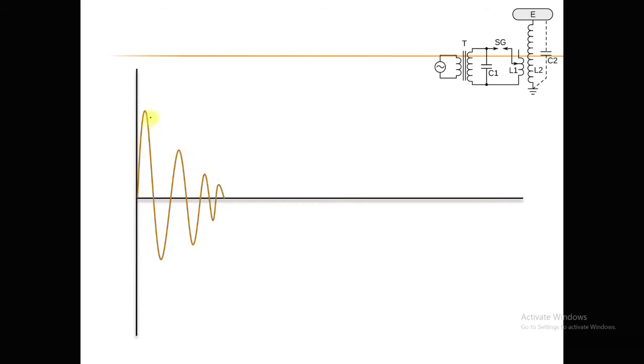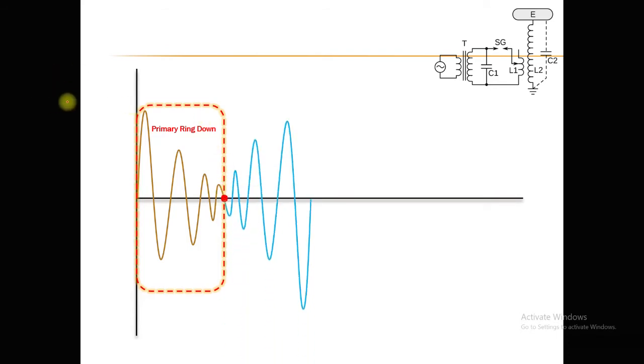Okay, so here there is a reduction in the primary energy. This is known as a primary ring down. The point at which the energy in the primary winding achieves zero value is known as the primary notch, or first primary notch. The second is at the same time, as this energy from the primary is being transferred to the